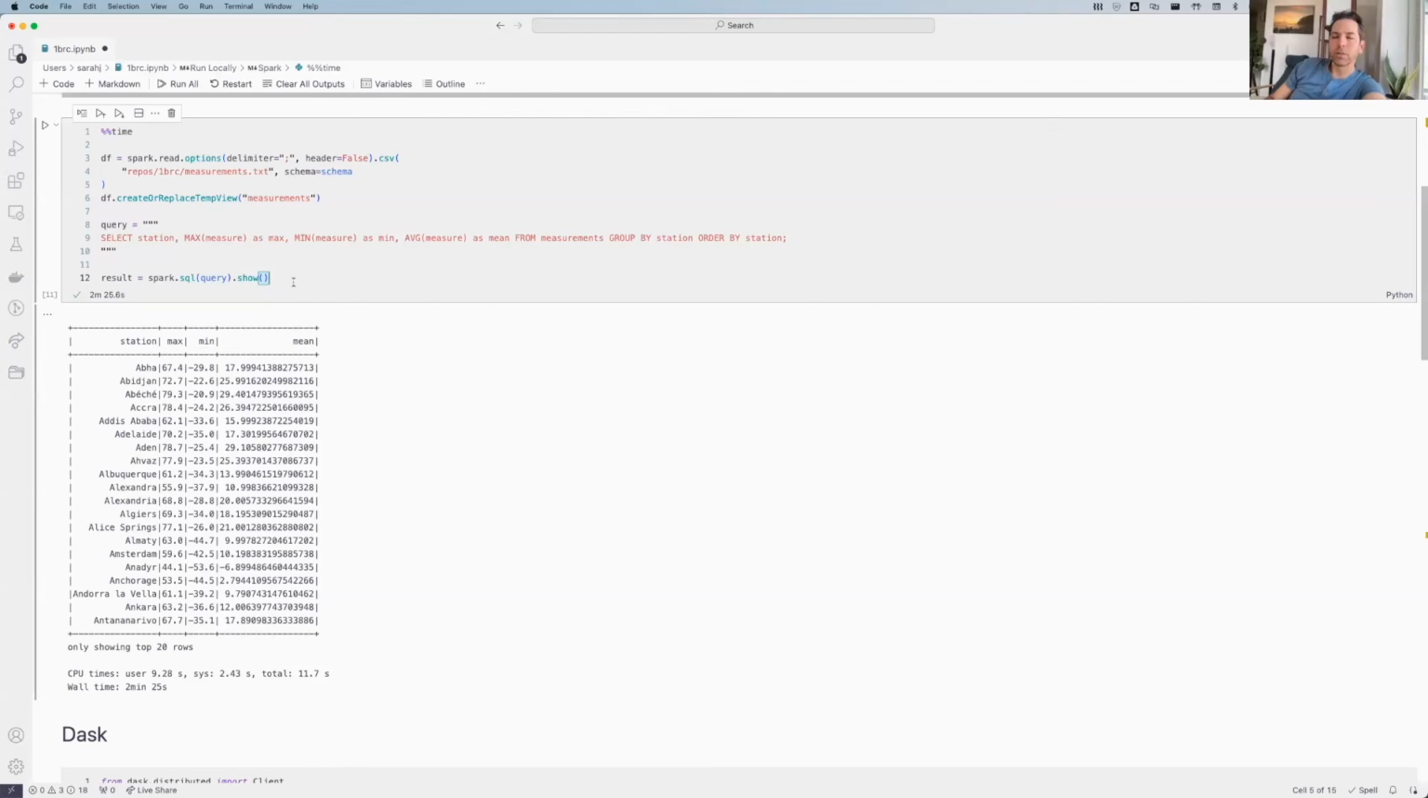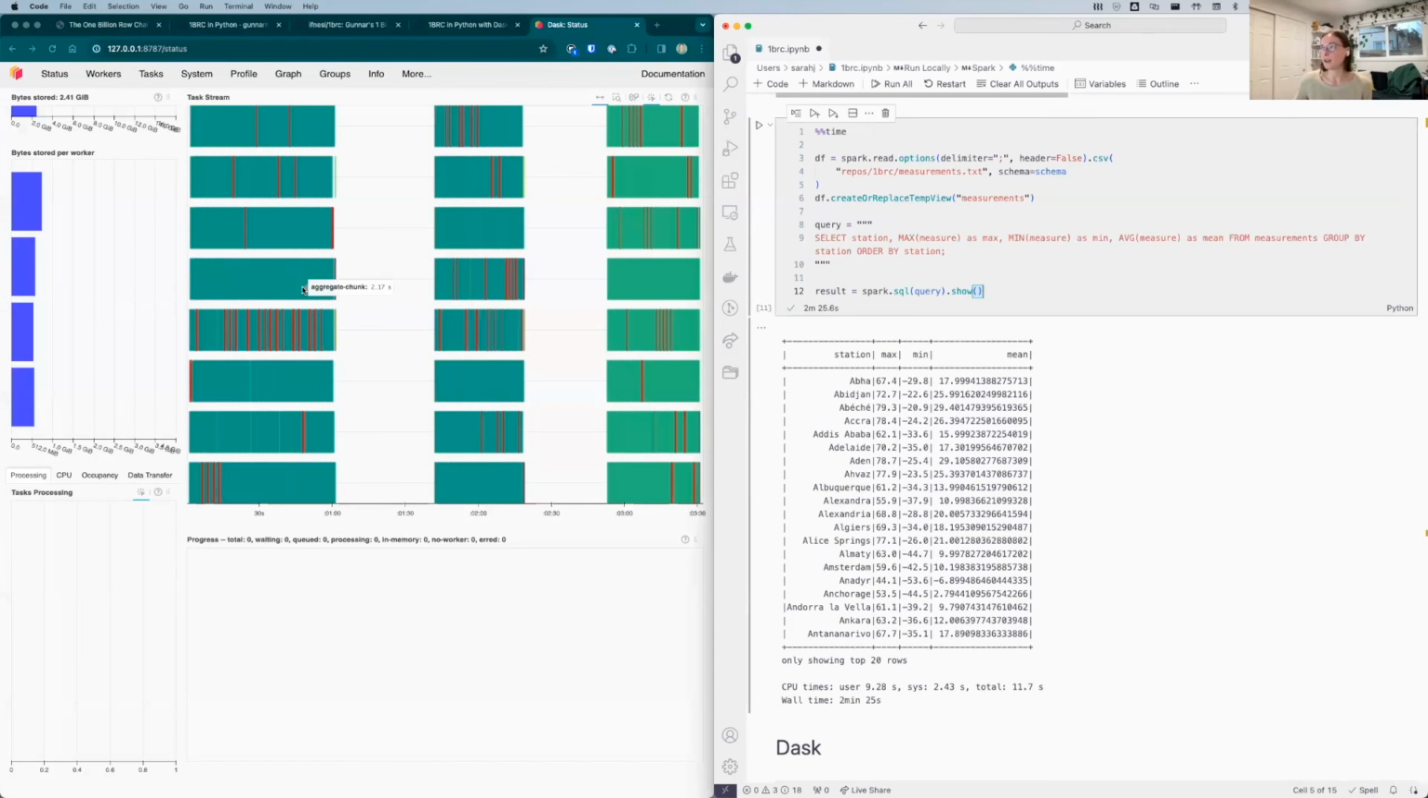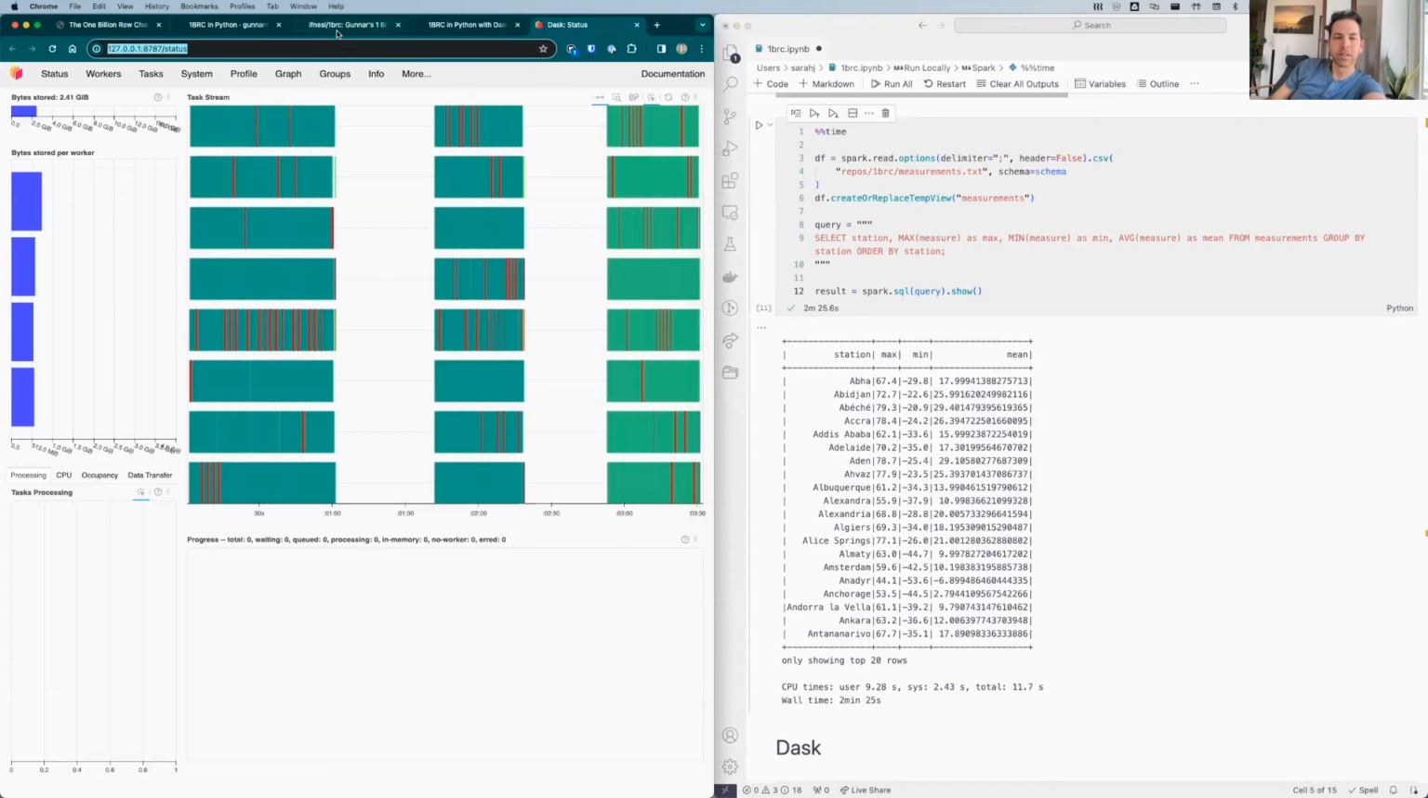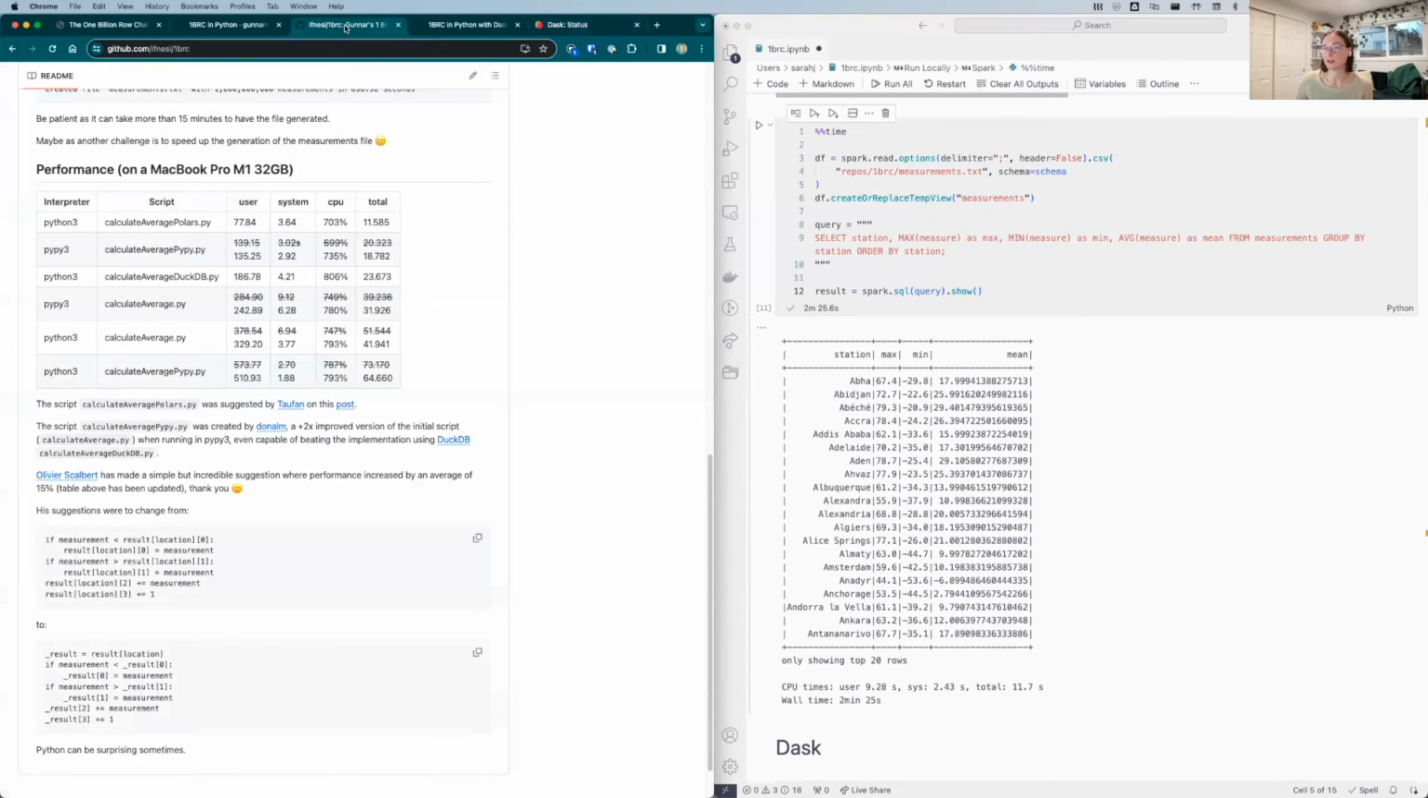How did Polars and DuckDB do? I assume they beat Dask and Spark. Yeah, that's a good question. So on my... Say that again. Sorry, go ahead. I was going to say, so on my machine,